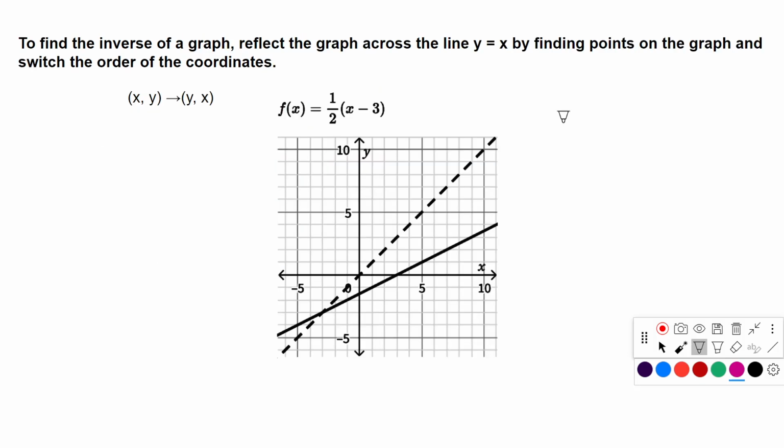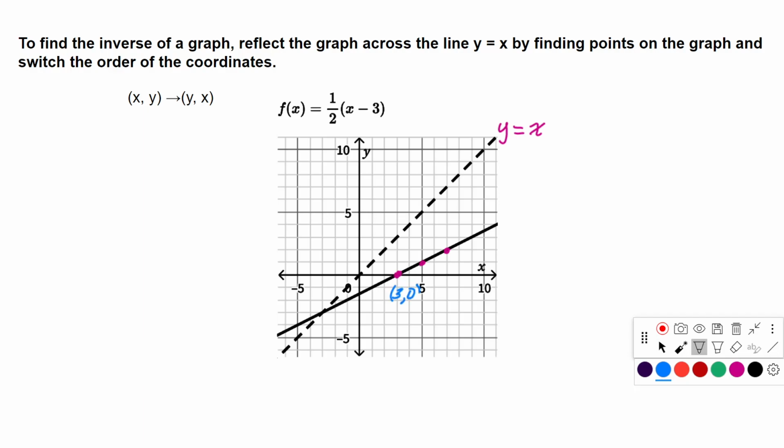Now we can take this to a graph just as well. If you want to find the inverse of a graph, it's going to reflect across the line y equals x, which is this dashed line. But more importantly, you don't even need to know what the inverse equation is. We're given the equation f of x equals 1/2 times x minus 3. What that tells me is I have a point at 3, 0, and I have a slope of 1/2 to get my next points. Well, to find my inverse graph, I just need to take these points